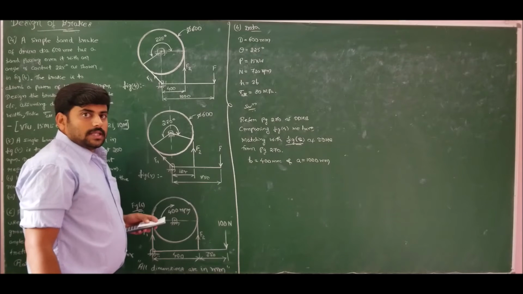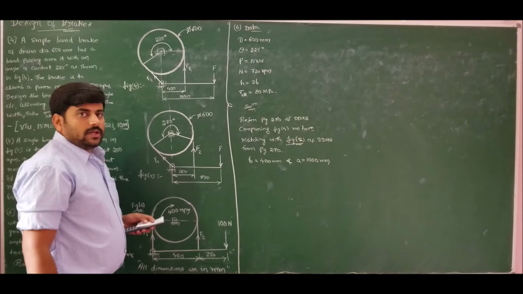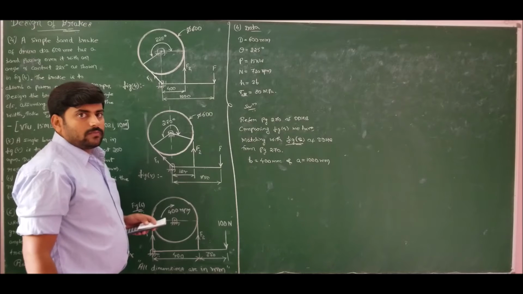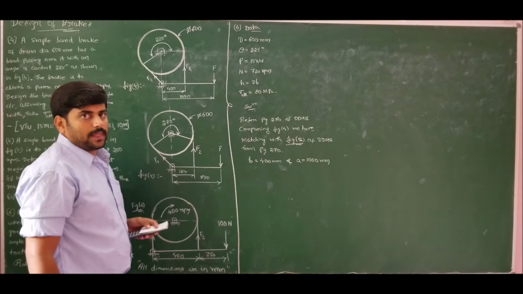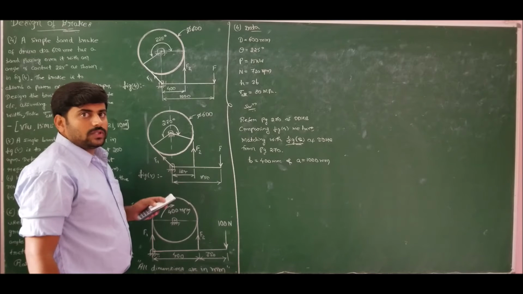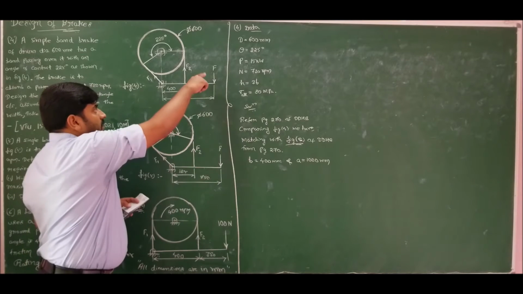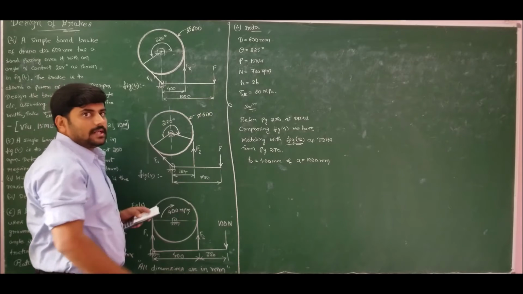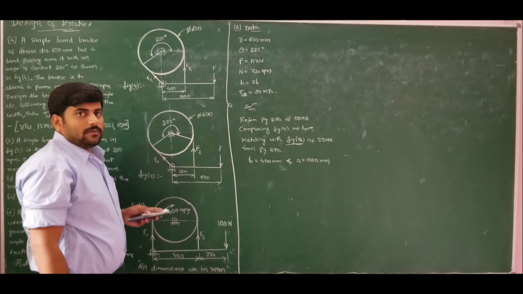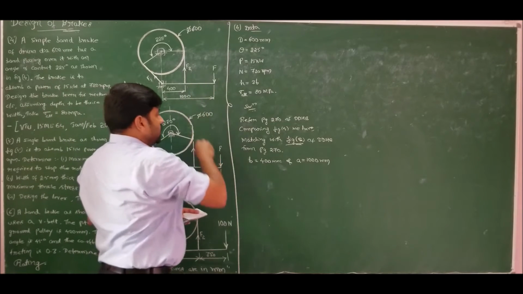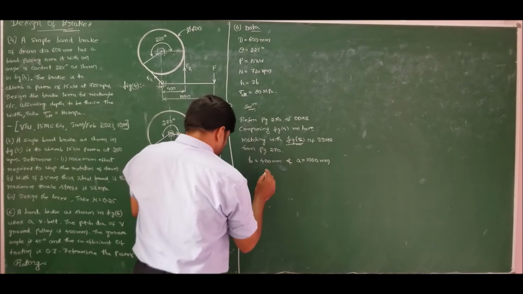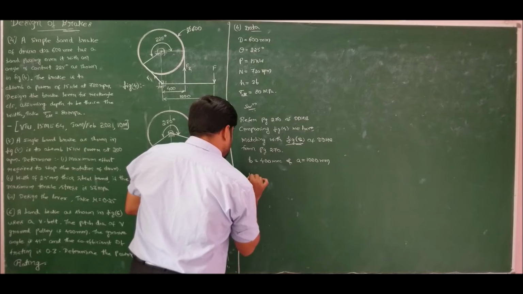That is Mb by I is equal to sigma b by C, where C is the distance of the outer fiber from the neutral axis. That is the value of C, C is equal to h by 2. In order to use that equation, I want to know the force. If I determine the value of forces and tensions, I can easily determine the maximum bending moment and design the lever. So hence, to determine the actuating force, referring to figure E, we have the equation as actuating force F